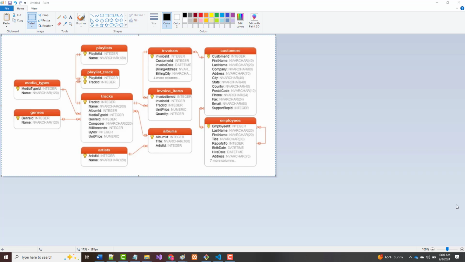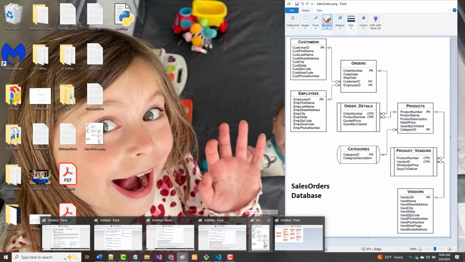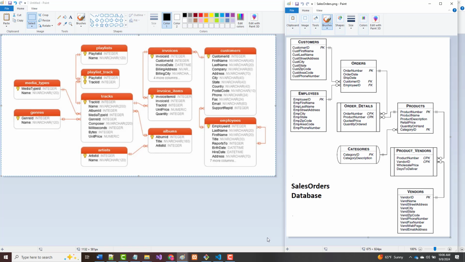And this is that Chinook database. Could we make it work? The answer is yes. But I've decided instead what I'm going to do is show you this and put them here side by side. This is a database that I found in a book that I used many years ago that's called Sales Orders. And you'll notice that unlike before, where there are 11 tables and 64 fields,